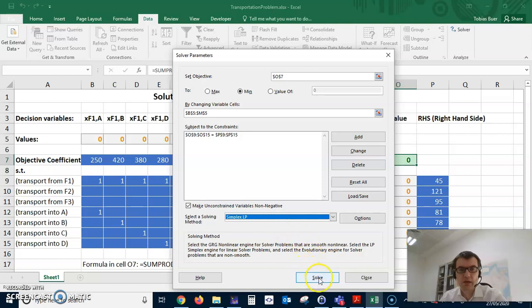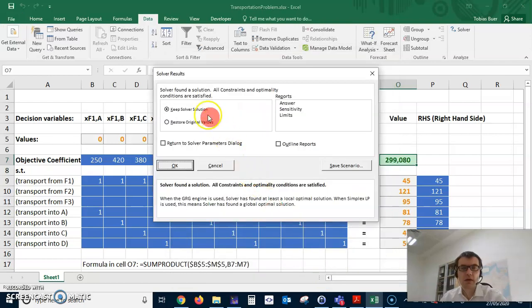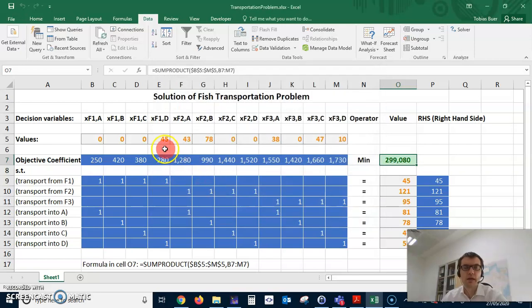And now we can let Excel do the work by clicking on solve. Here I select keep solver solution. OK. And now you see that the solver filled these cells with values. That means from factory F1 we transport 45 cases to D, 43 cases from F2 to